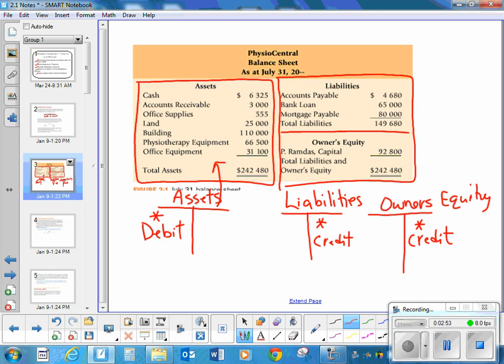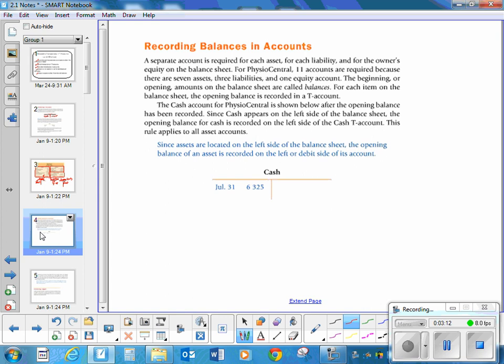Okay? So for every asset, if we are gaining money, we're going to put the amount on the debit side. Liabilities, anything we owe, we're going to put the amount on the credit side, and owner's equity, anything that we are worth, is going to go on our credit side as well. Okay, so if we were to open up each one, your cash would look like this. Because it has a normal debit balance, that is where the money starts. It starts on the debit side,